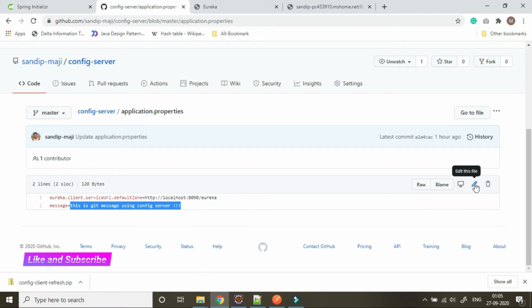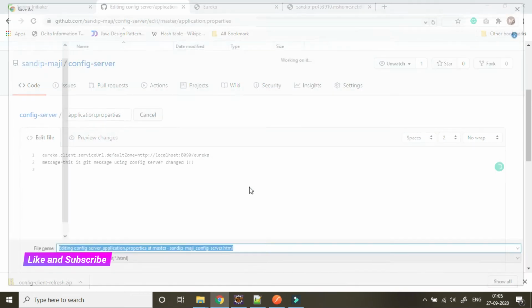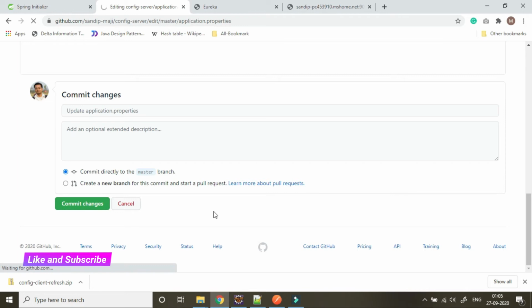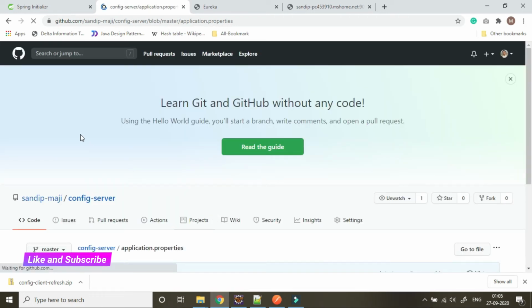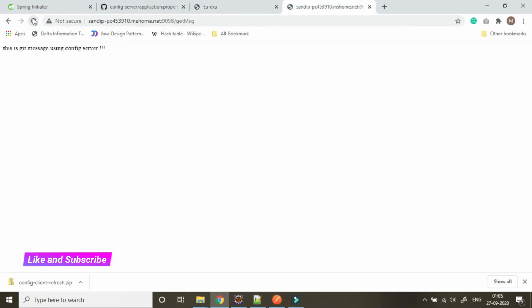Now we will change the value in Git. The value should be reflected at our client end also, but it will not reflect because we have to inform our client that the message has changed, you have to reload it.